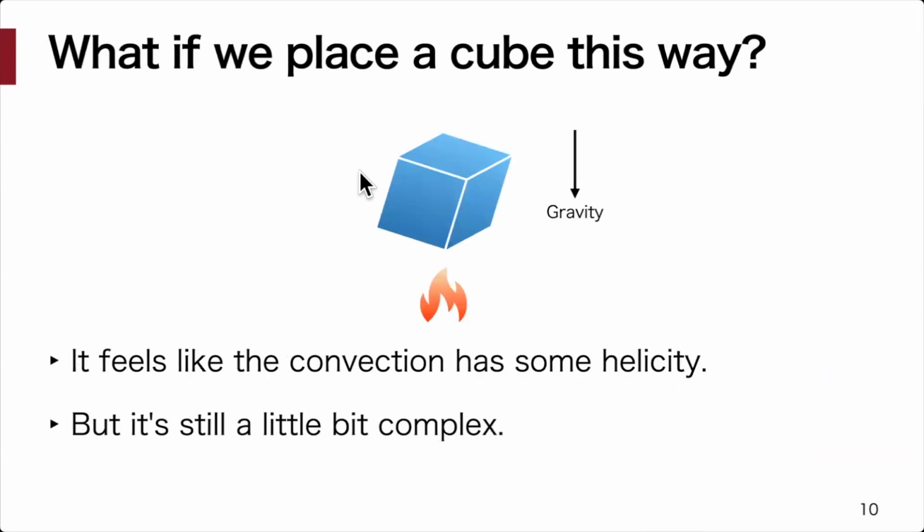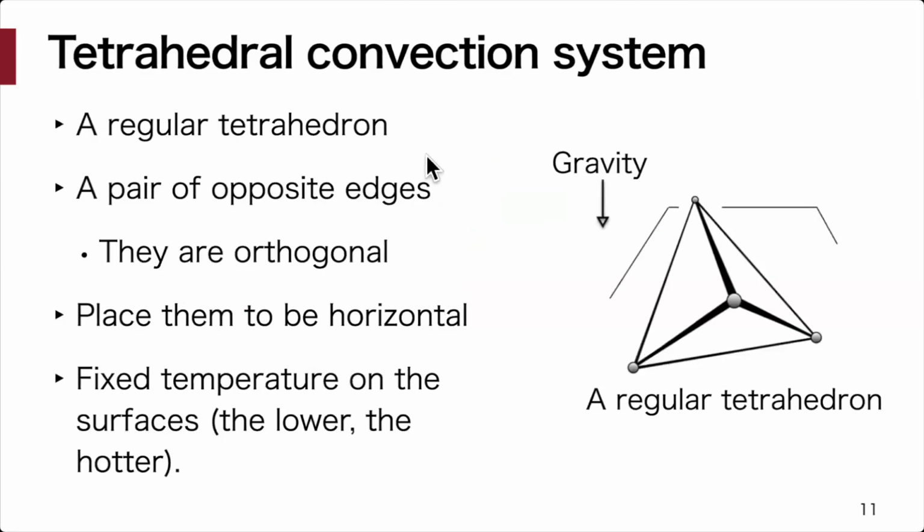So I came up with this kind of thinking. What if we place a cube this way? It feels like convection in this slanted cube may have some kind of helicity, but it's still a little bit complex. So this is how I came up with the idea of this tetrahedral convection system. We place a regular tetrahedron in such a way that the two